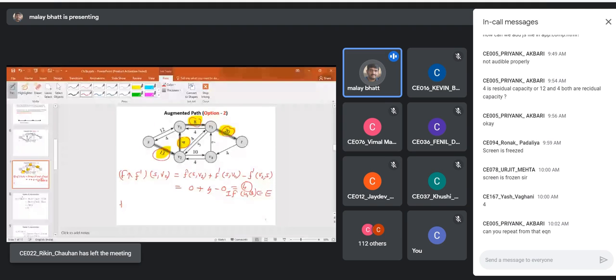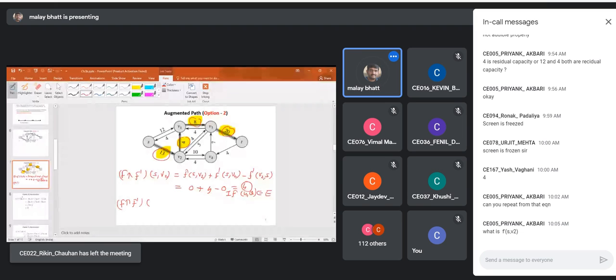Let us write for v3 comma t. What will I write, can you tell? It is 0 plus 4 minus 0, again 4. Is this clear? Because the original flow value from v3 to t is 0, and the new flow value because of this augmentation path is 4.